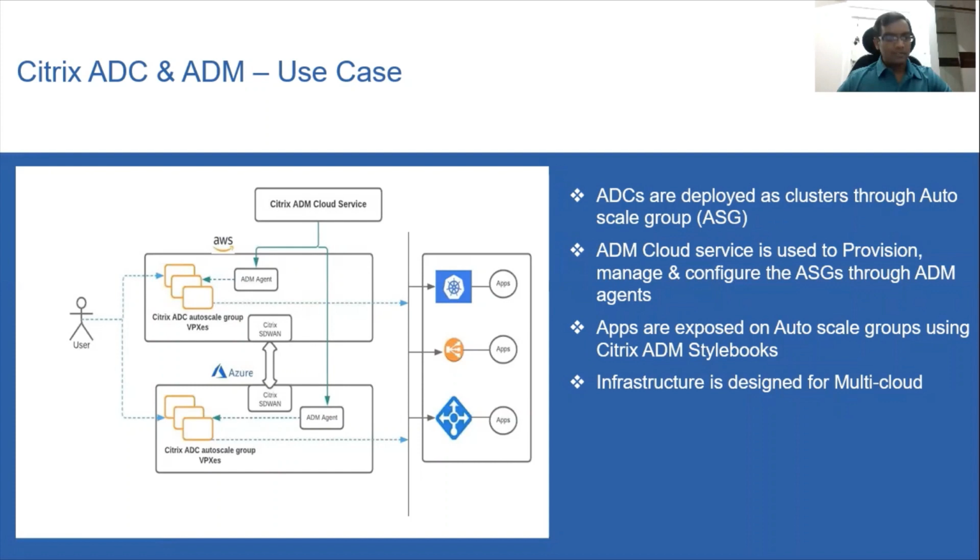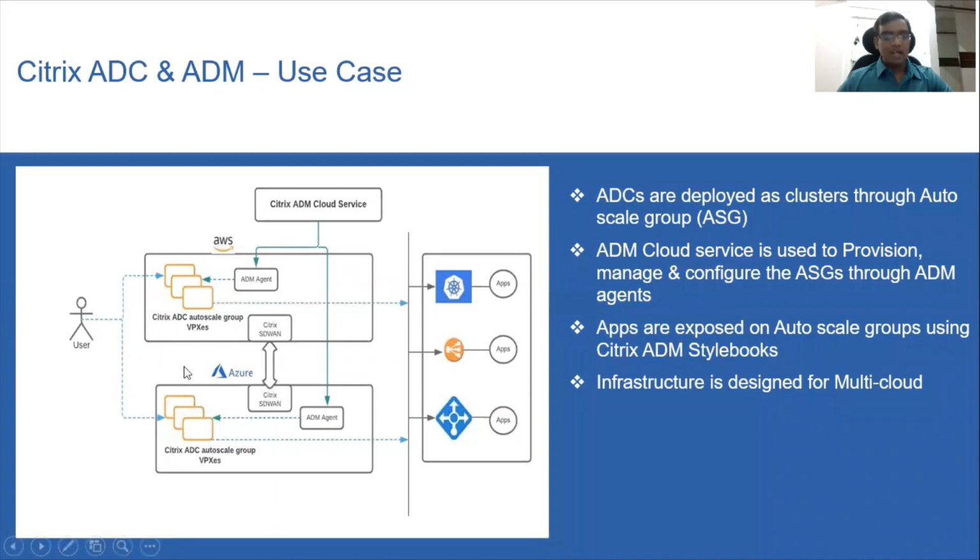Our DevOps infrastructure also uses Citrix SD-WAN virtual appliances to connect across different cloud providers. Citrix SD-WAN is beyond the scope of this presentation, and hence we will skip the details of it. We have a large scale of around 30 Citrix ADC clusters, each running around 30 Citrix ADC instances. That's around 900 Citrix ADCs in our infrastructure.